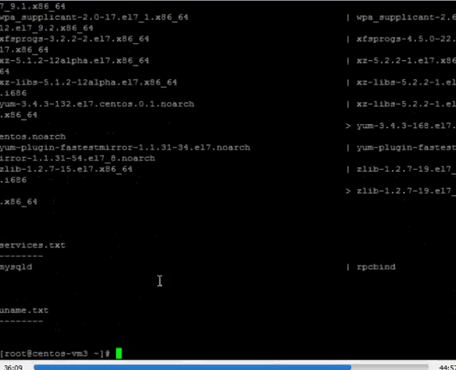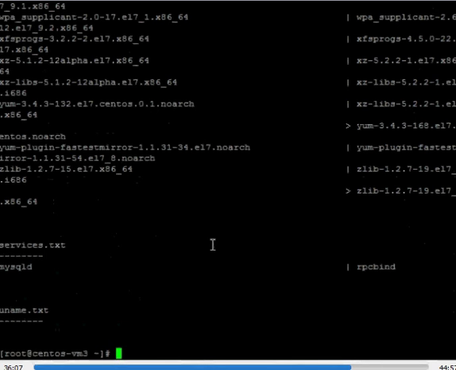Now here you can see the SQL service is not started because auto start is disabled on the server, and since there is no kernel updated, the kernel parameters are missing. Now the activity is completed.